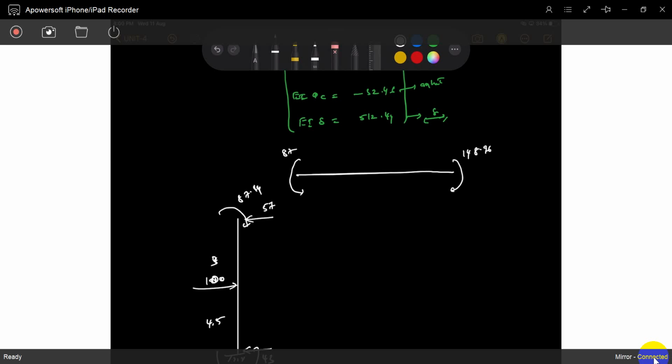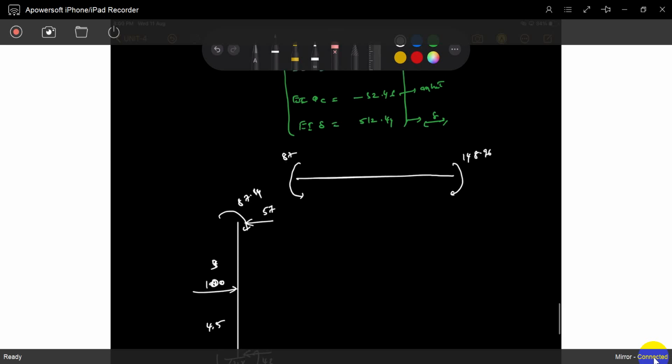One thing to observe: its load of 200 is there. 200 is there, isn't it? This will happen. It is 57, it's there. So you have to apply 57 here. So it's not complete. You have to compulsorily apply 57 here also. Then only it's a complete free body, that means equilibrium. Also observe that vertical loads are balanced. So it's exactly symmetrical loading. But moments are not symmetrical. So you have to find out what this is and what this is.